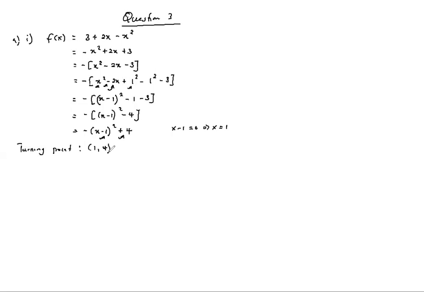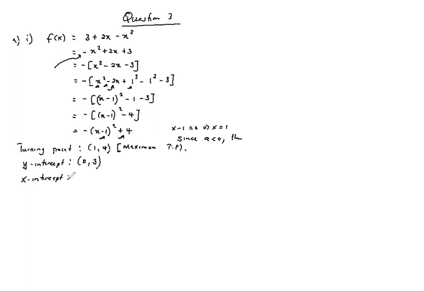Okay, is it maximum or minimum? I go back and check the coefficient of x squared. It is negative. So I'll say, since a is less than 0, then this guy is a maximum point, maximum turning point. Now I look for the x-intercept, or the easiest first, the y-intercept. When I take x to be 0, the value of y will be 3. Then the x-intercept now,